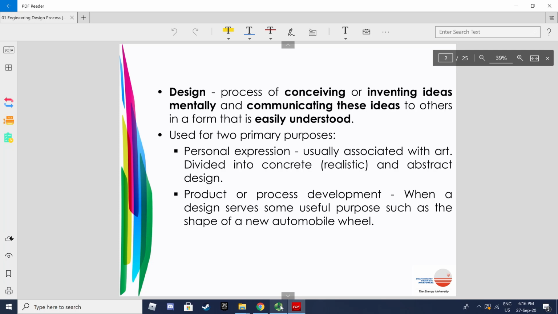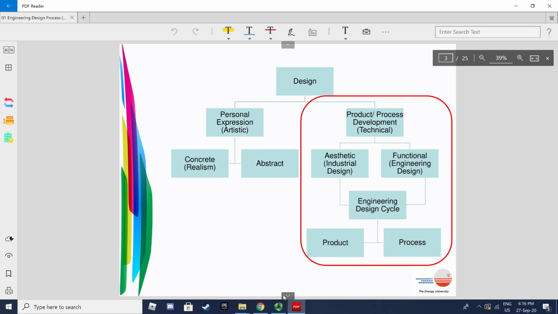And then along the process you have a product or process of development, where you want to share with other people how the process will last to involve a certain design, what type of machinery that you want to use and what type of tools it involves to produce a certain component or compartment. And this is what we are covering throughout the semester on our subject, which is engineering graphics,